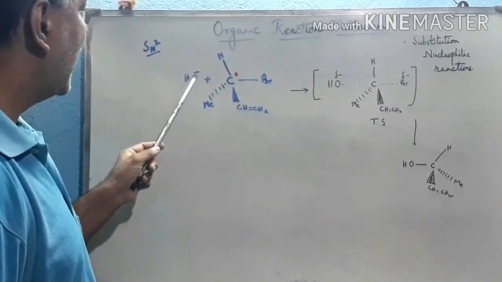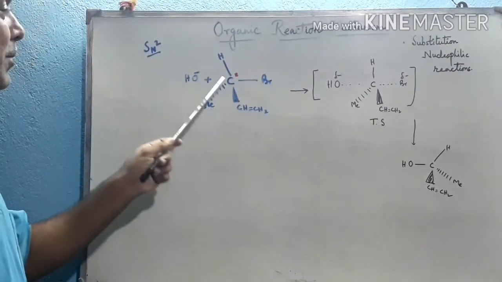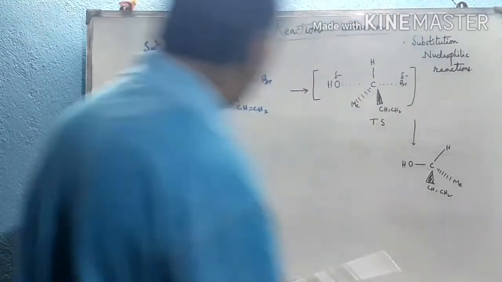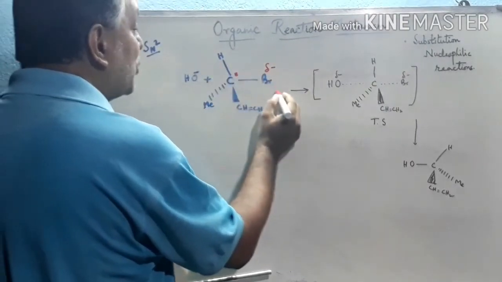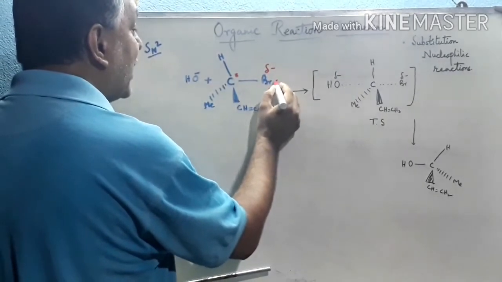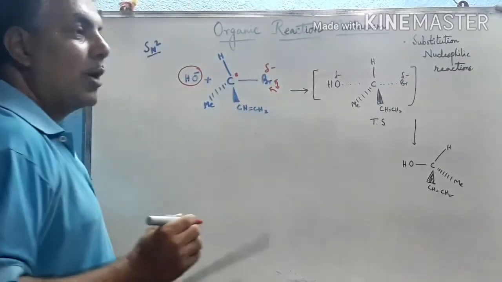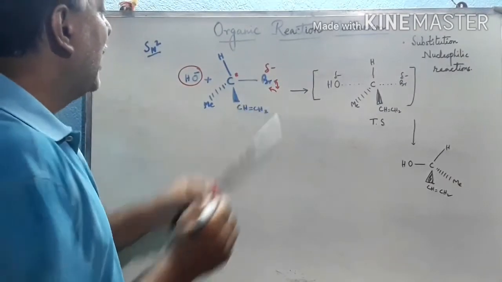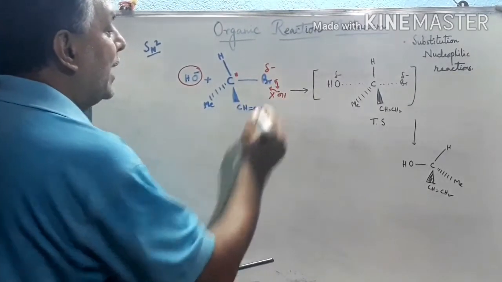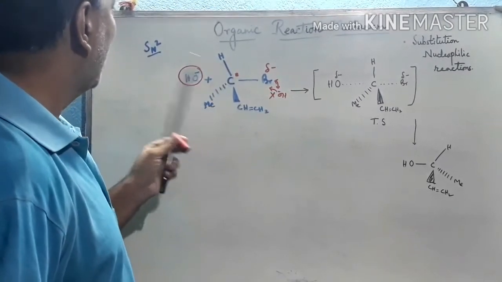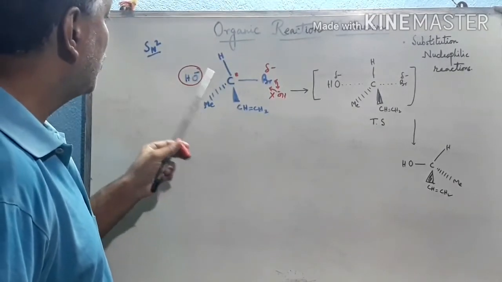OH minus acts here as a nucleophile. Whenever it approaches, it approaches from the back side. Why from the back side? Because you know that the Br is del negative here. So OH minus can't approach from this side because these two repel each other, as it is also a negative charge species. Br is del negative due to its higher electronegativity compared to carbon, and hence if OH minus approaches from this side, these two repel each other, and such an attack of the nucleophile doesn't take place in an SN2 type reaction. So only backside approach of the nucleophile takes place.